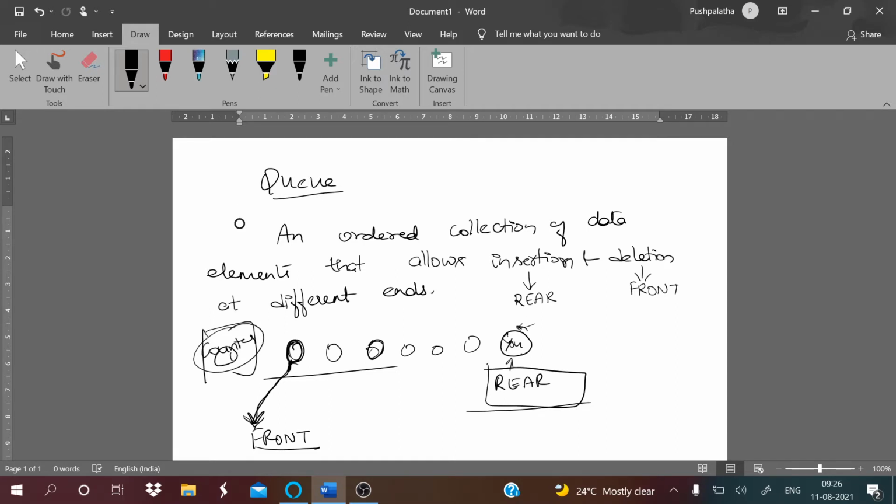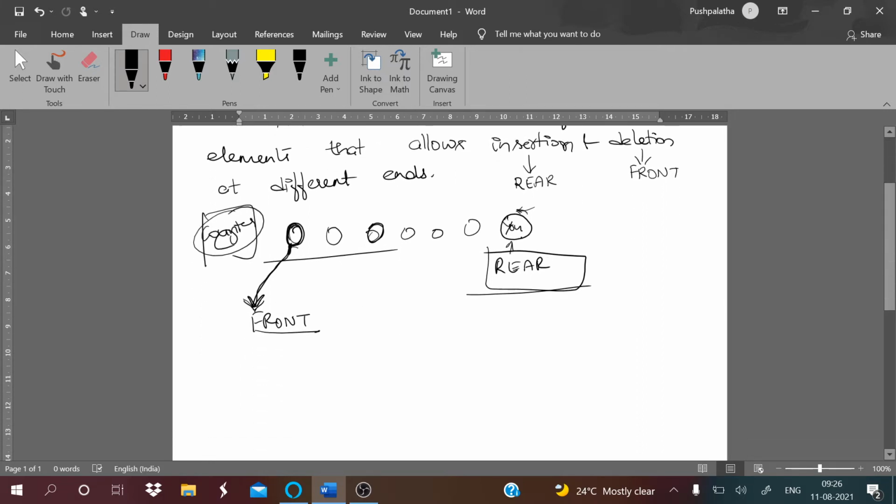A queue is also a linear data structure similar to your stacks and arrays, but the only difference is that elements are added and removed at two different ends. This property of the queue is known as the FIFO list. FIFO means first in, first out. We are following the order of first in and first out. That is, the person who enters first will be the first person to come out.